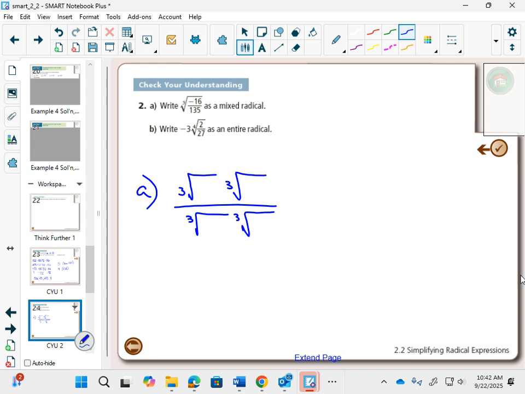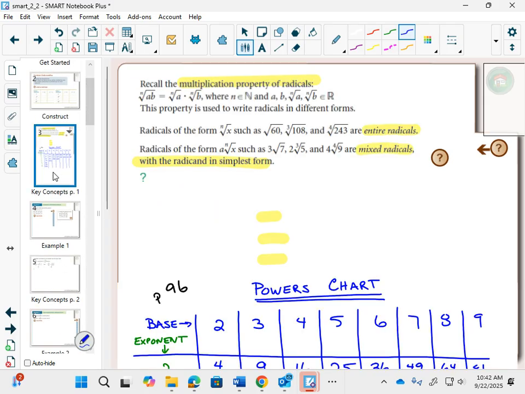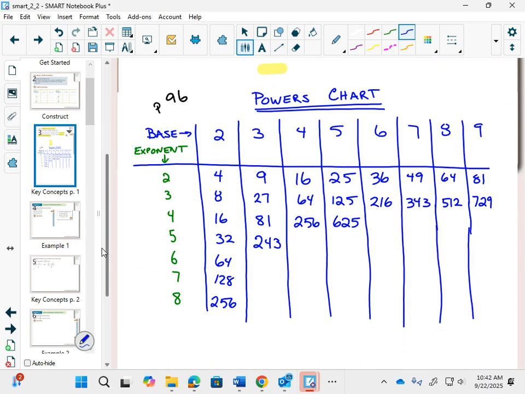Since we're dealing with cubes, if I go to my powers chart and ask what I want to think about for cubes, I'm thinking about these numbers right here. These are my cubes, 8, 27, 64, 125, and they get pretty high pretty quick. Then I go to my example,